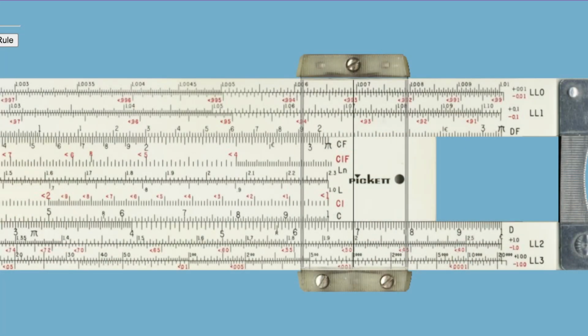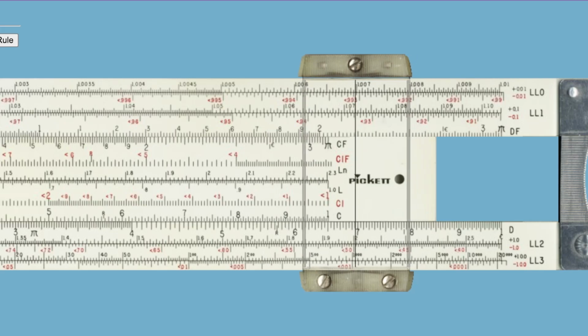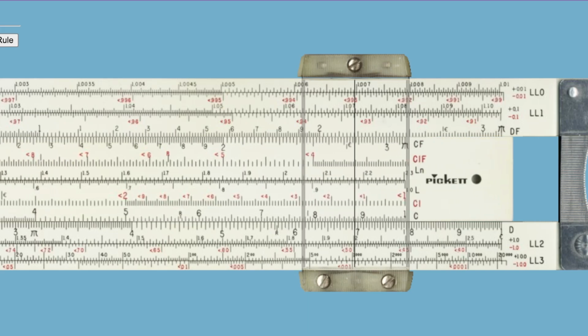Now, I mentioned earlier that there are numbers that are in red. Now, the LL scales are set up differently on different slide rules, but this one uses a combined scale. So the black numbers are greater than 1, and the red numbers are less than 1. And you see right here, what I've done is I've lined up the hairline with the 0.5 on LL2. Now, when we dealt with interest rates, we looked at doubling rates. But with radioactive decay, we do something called the half-life. And the half-life of carbon-14 is